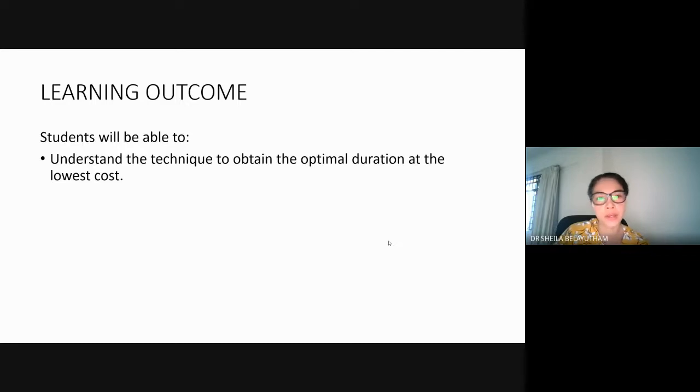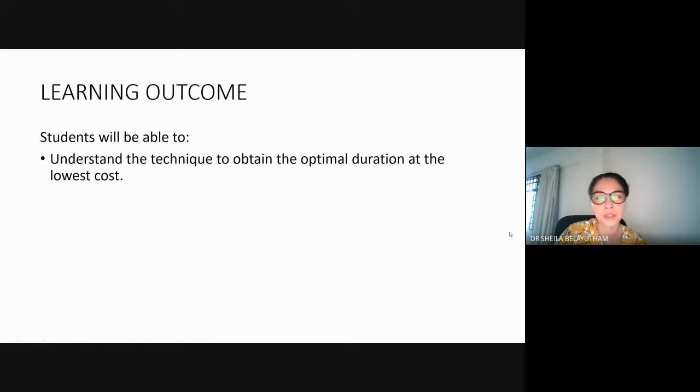If you are suggesting a decision to the client, whether to reduce or increase the duration, there should be consequences to it. The consequences are usually related to cost. So how can we give that to the client so that the client makes an informed decision? It is through this